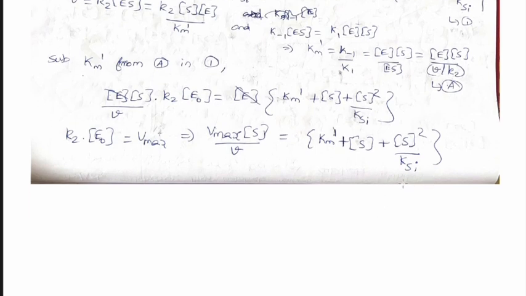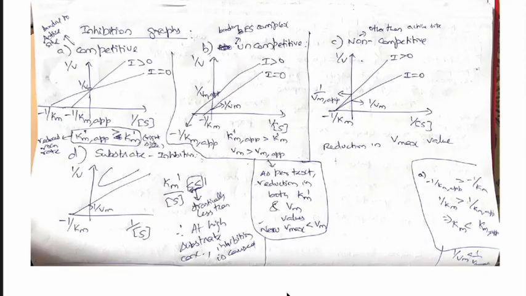That's it. Thank you. There are various types of inhibition graphs corresponding to the types of inhibition. All these types of graphs which are shown on screen are double reciprocal plots. In double reciprocal plots, we plot 1 by substrate concentration versus 1 by rate of the reaction. If you see for competitive inhibition, when there is no inhibition, I is equal to 0. So when I is greater than 0, this value is the y-intercept,